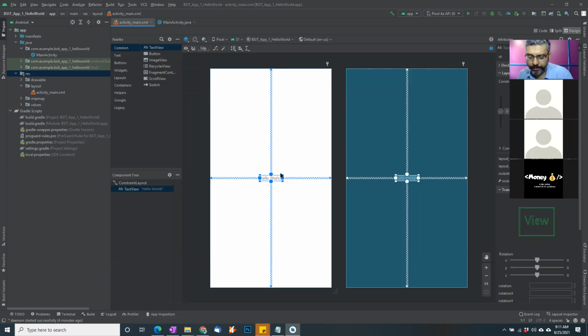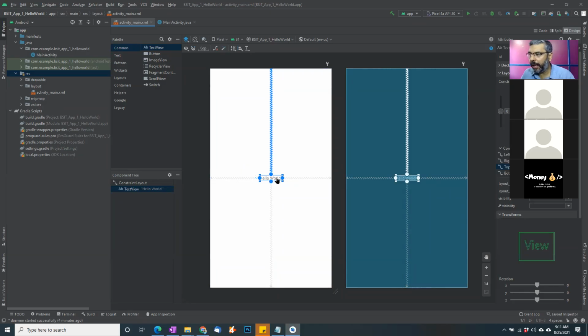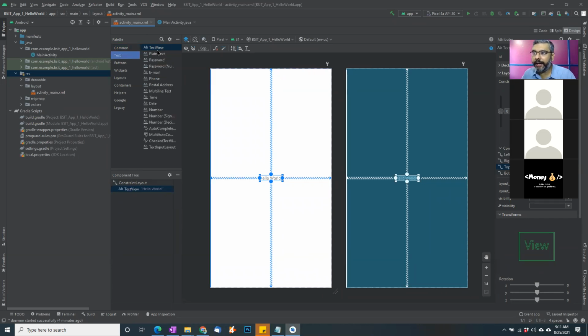Let's start building the first app. So if I come here very quickly, I click on Hello World. This is the default component, what we call a text view, already created for us. If I go inside the text here, you would find that various different text components are there. We can create any of these. We can create a plain text, a text view, password, email, and so on and so forth. What I said is, I need this text view component.